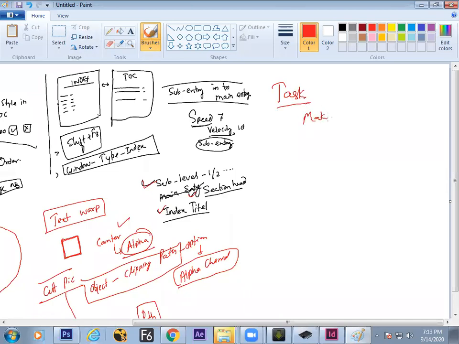Make a book with a cover page, index like TOC, chapter,